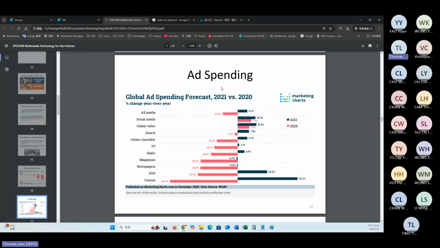So if you look at another statistic, which is about ad spending, okay, which is advertisement. Here is the comparison between just 2 years, but I think it can give you more insight.